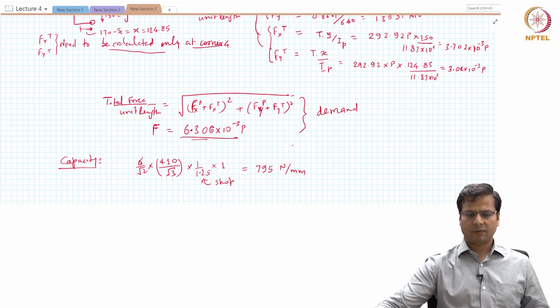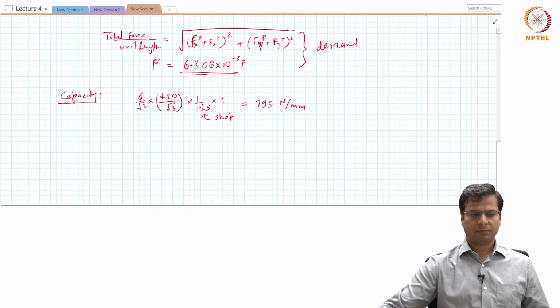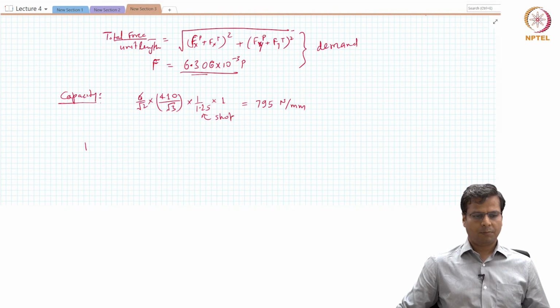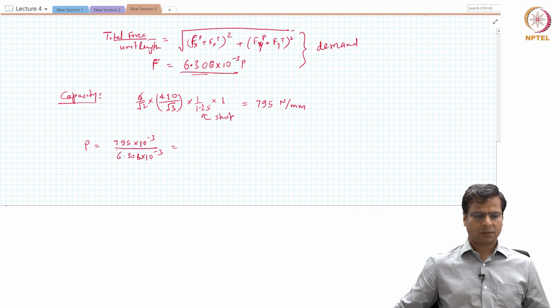So from this, when we equate the two, we can get P is equal to 795 into 10 to the power minus 3, if we write this in kilonewtons, divided by 6.306 into 10 to the power minus 3, and this turns out to be